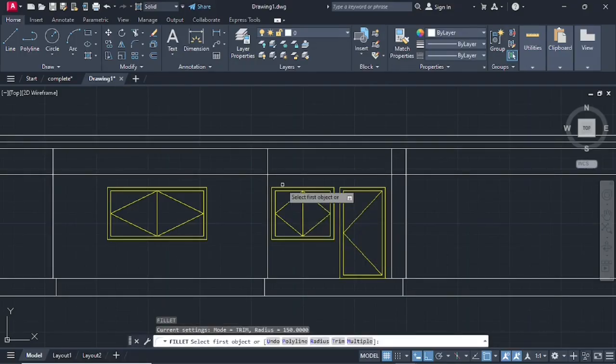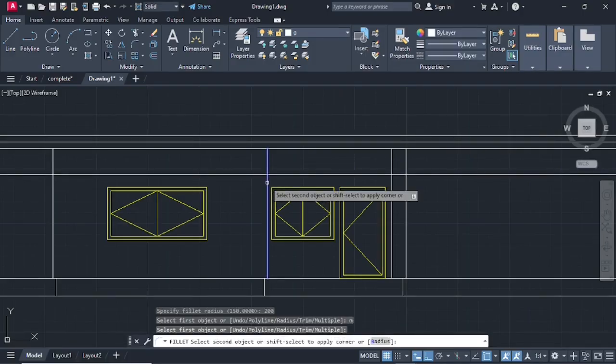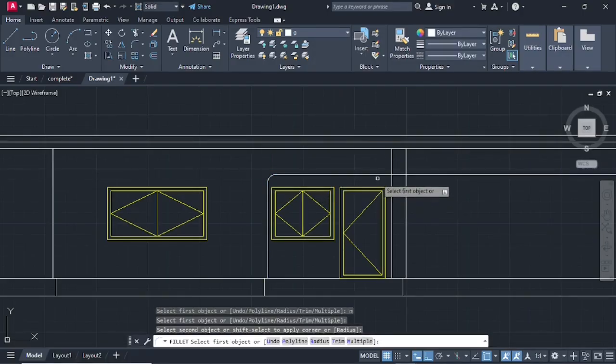We're going to make a radius of, so type in R for radius, press on enter, radius of 200, press on enter, type M for multiple, then select this line and that line, select this line and that line, then here